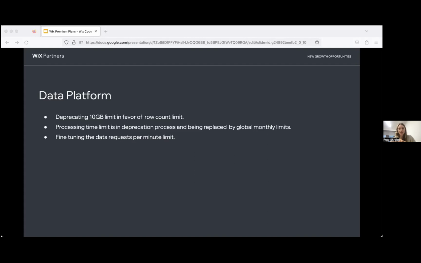Based on all this feedback and also looking at the best practices in the competition, we decided to differentiate from media limits, which are measured in gigabytes, and instead move to a simpler logic of counting items. We are also working to remove the processing time limit, and we will replace it with the global monthly request limits, as well as